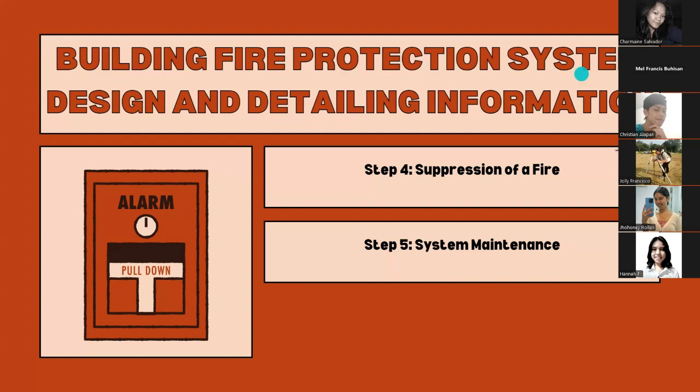And lastly, step number 5, we have the system maintenance. So of course, from the word maintenance, it's useless to build something that you will not maintain. Like, you build a fire alarm system and then no one takes care of it. So by the time of a disaster, since it was not maintained, the alarm does not work, so it gets even worse. So, having your fire protection system checked once a year is crucial to ensure fire protection is working properly and effectively.